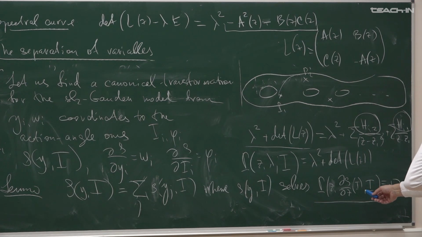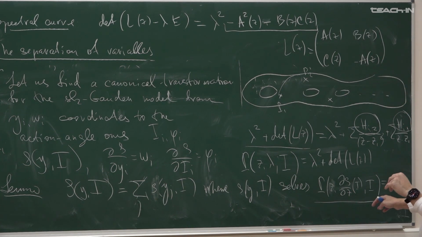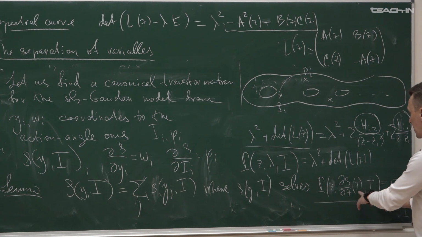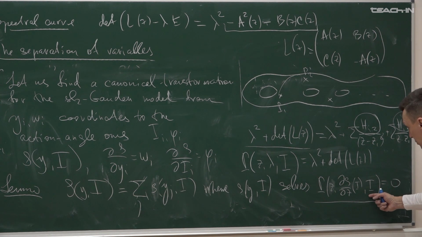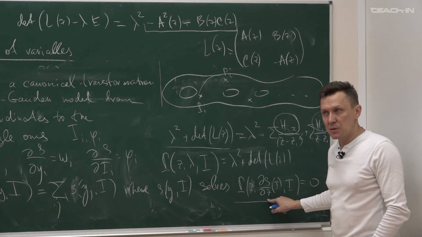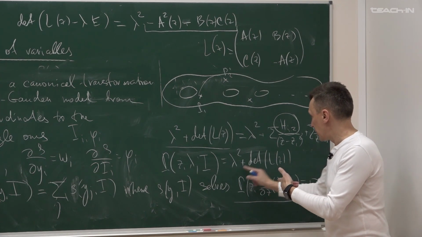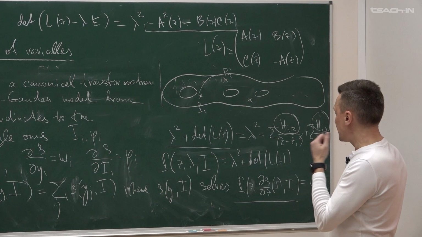It is a differential equation of the second order on S. And if we solve this equation, so if for each choice of values of Hamiltonians, we could find such a function S of one variable Z, such that it solves this equation,